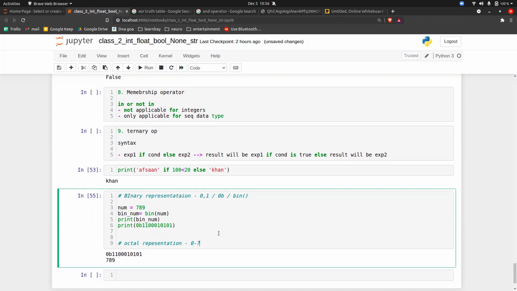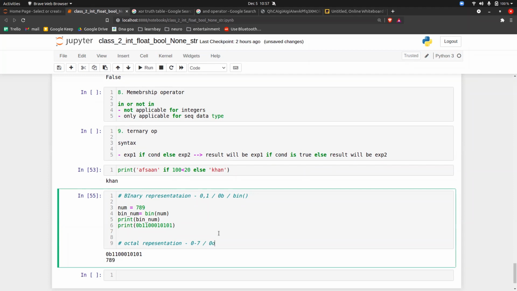So octal means how many values, guys? Octal means 8 values, right? Binary means 2 values, so 0 and 1. Octal means 8 values, so the representation will be between 0 to 7, because 0 to 7 are the 8 numbers.